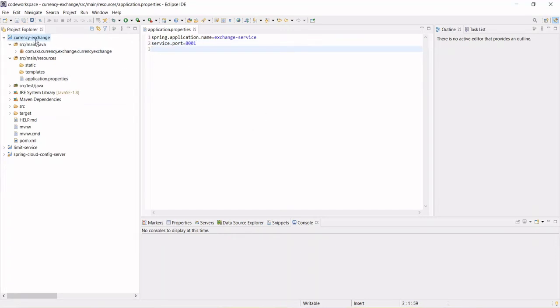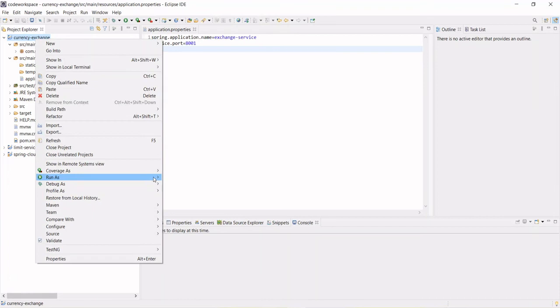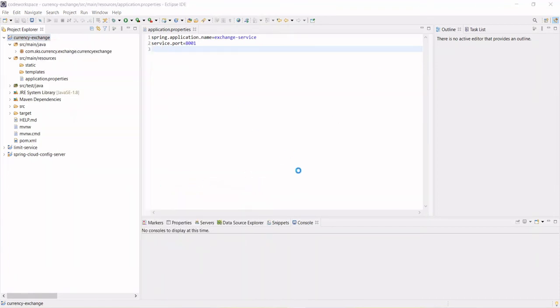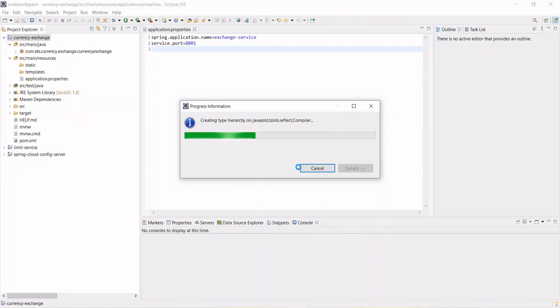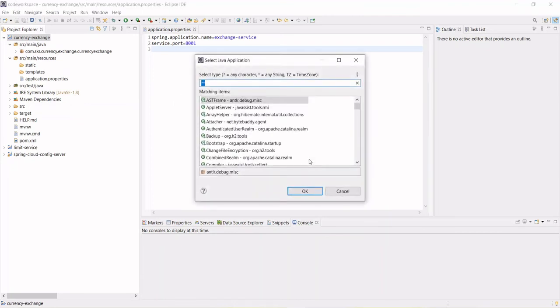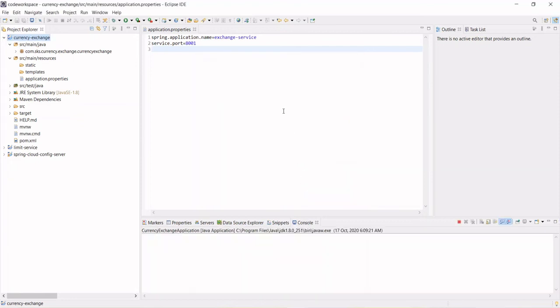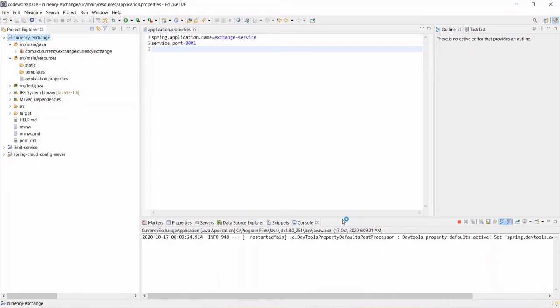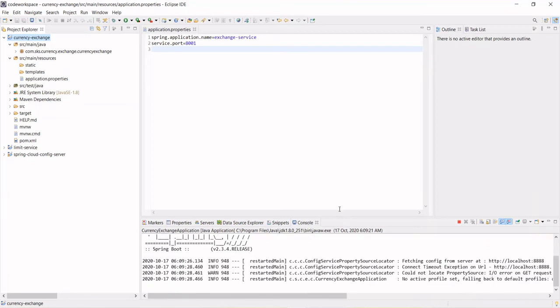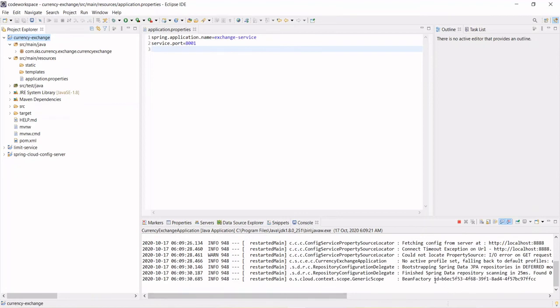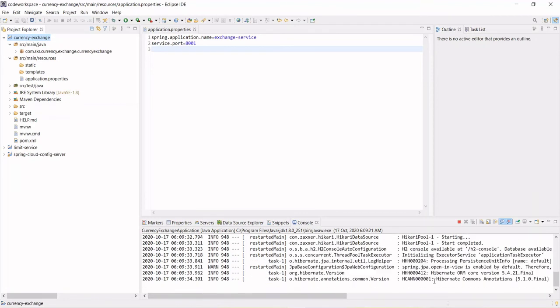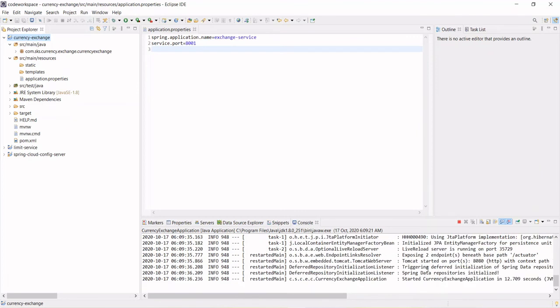So now go there and run this application. Start this application, run as Java application, and currency service is my application. Okay, so it's initializing the JPA entity manager and all.